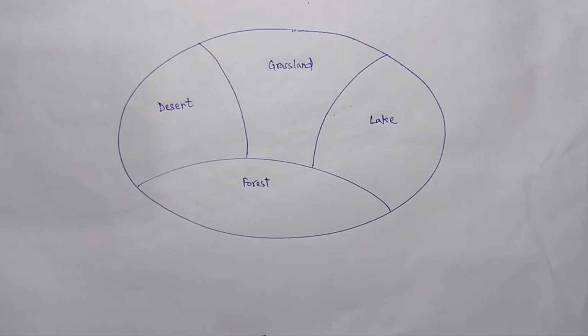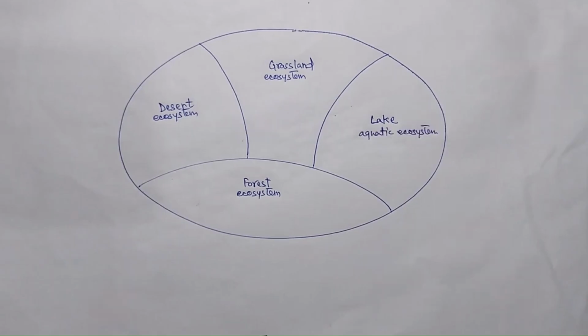Each ecological region represents an ecosystem. So these are documented as forest ecosystem, desert ecosystem, grassland ecosystem, and aquatic ecosystem. Existence of different ecosystems in a study area is called